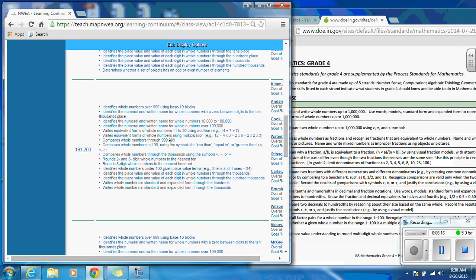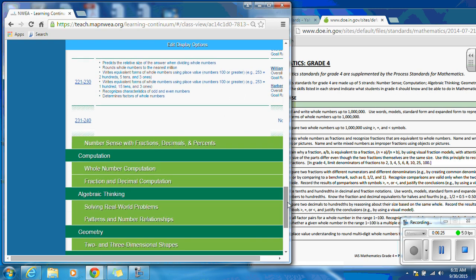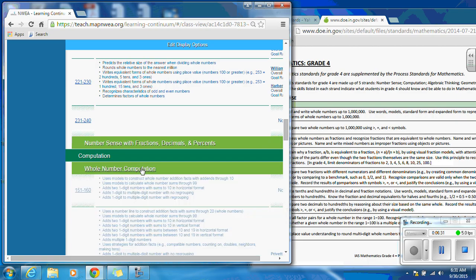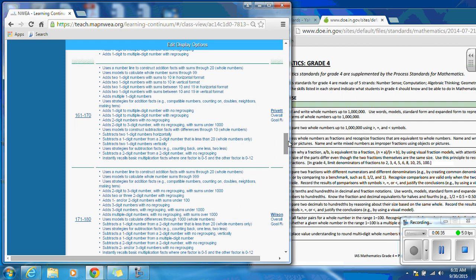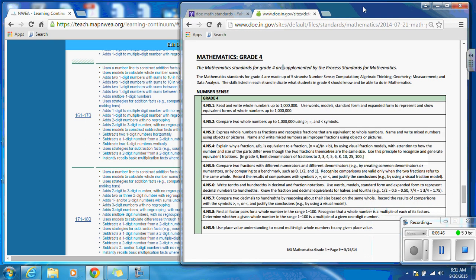So you may have a group that struggles in number sense, but in computation they're just fine. Again, we can come down here slightly. Computation is a whole different section. Whole number computation. As I look through, I have another list of students, and as you can see, the first few letters of the student that struggles in this area are different than the student that struggled in the area before. Okay, and if I look back over here at my standards and put these over slightly,